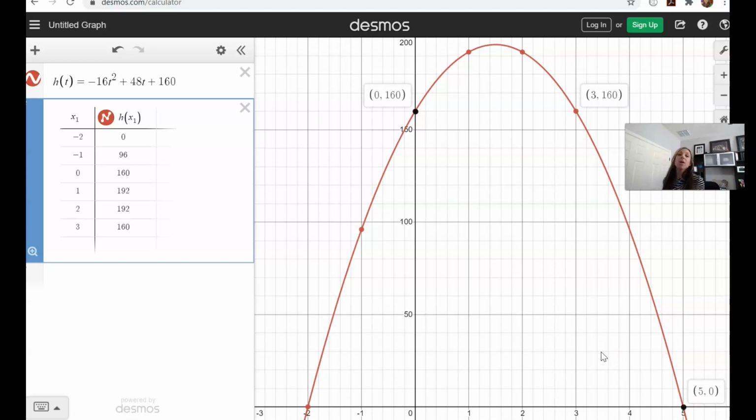There's the (5, 0). Okay, and then the last question asked us to find the height of the ball at 1.5 seconds. So that was an input value. Look here, I can change my input values in the table. I changed that one from 1 to 1.5. So when my input value t is 1.5, this tells me that my output value, or my height, is 196. And I can identify that on the graph at the very top of my parabola. So at 1.5 seconds, the rock was 196 feet in the air, which also happens to be its maximum height. And we will explore that later in the unit where we cover parabolas in more detail. I hope this helped you understand the path